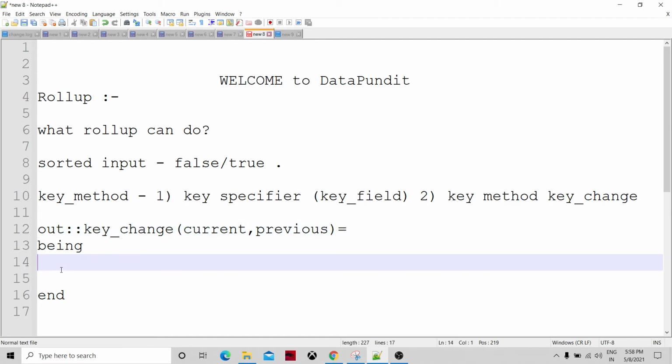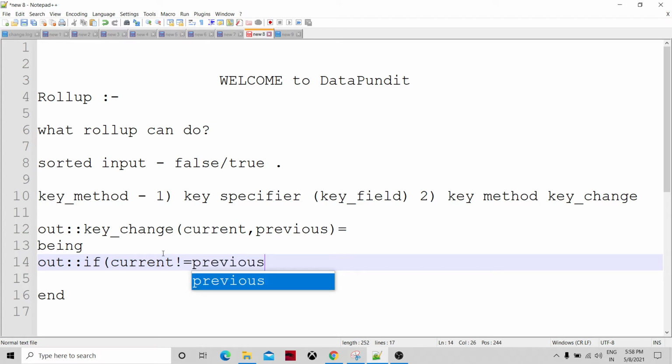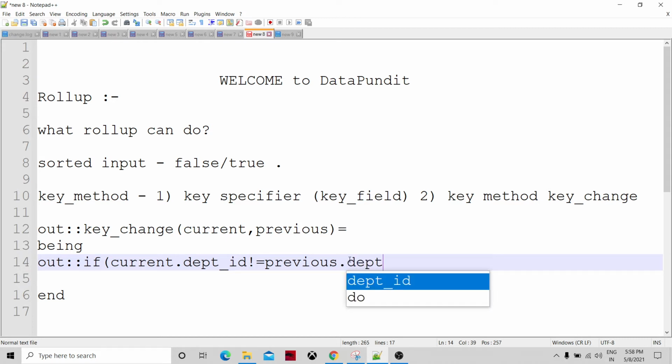If current.dept_id is not equal to previous.dept_id, return true. Current and previous are two inbuilt records, specifically for key change functions.